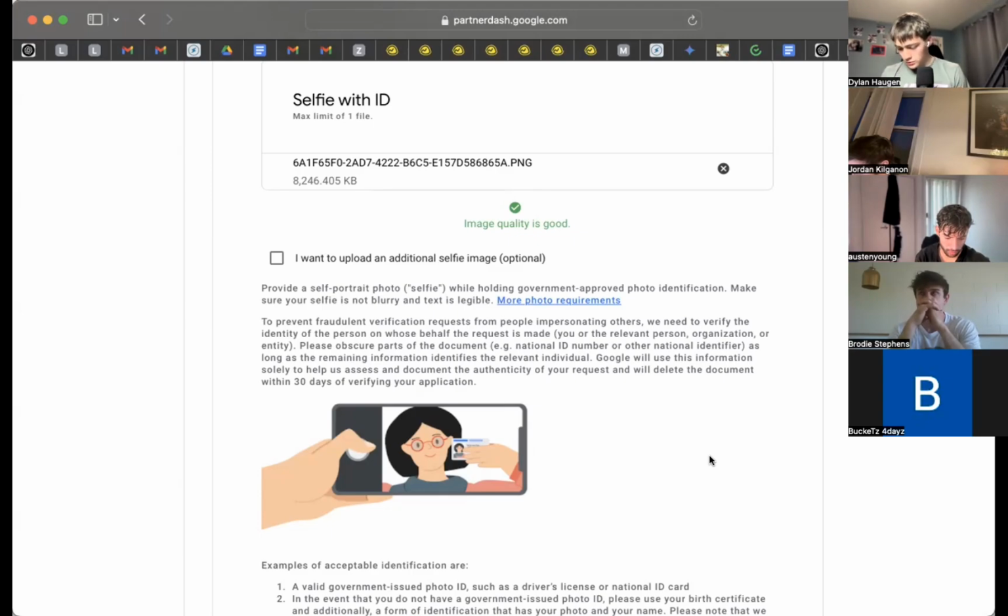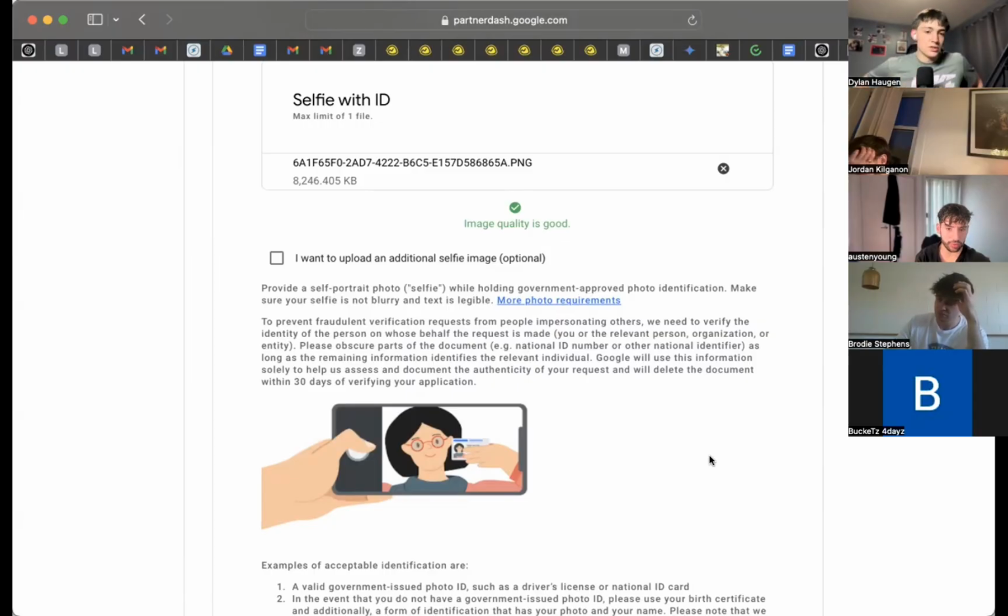All right. So I'm about to leak my license to all of you. I don't really care. But in the group chat that we have, I just sent all the pictures that you guys are going to need. So once you have a picture, like a selfie with your license, that is close enough to what mine looks like, then